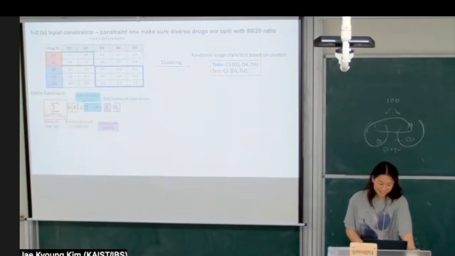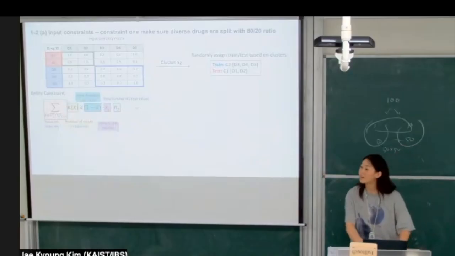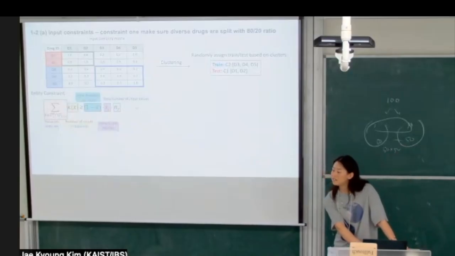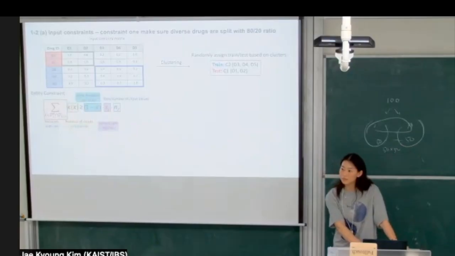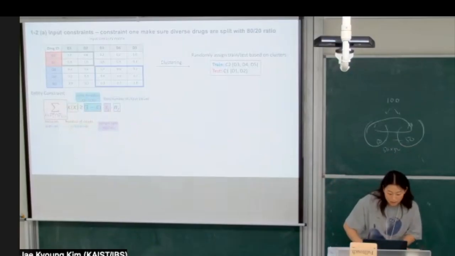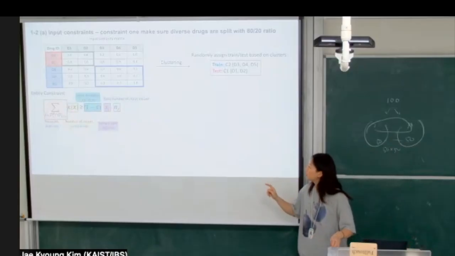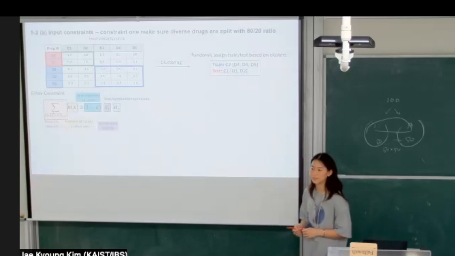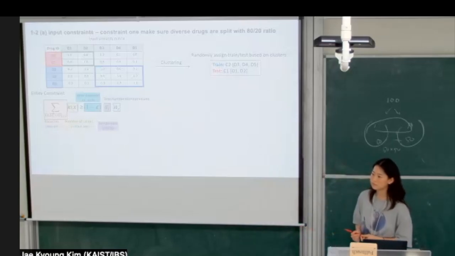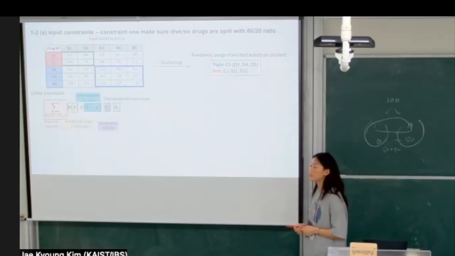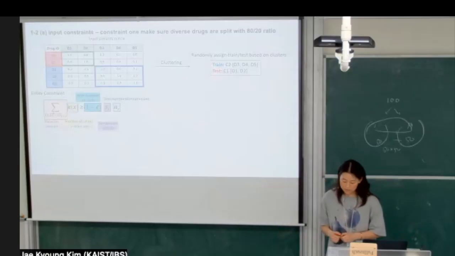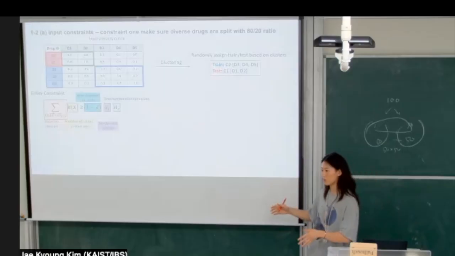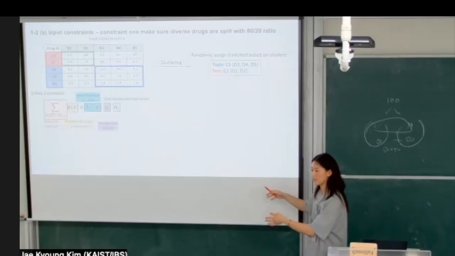Okay, so, question. In the paper, I can be not only 1 and 2 but also 2, 3 or 4, right? If you only think about a train and test set, then I will be one. However, in the paper, I can be very large. They included validation, but I didn't include validation for simplicity, because validation is usually for hyperparameter tuning, and I just wanted to focus on the basic idea.